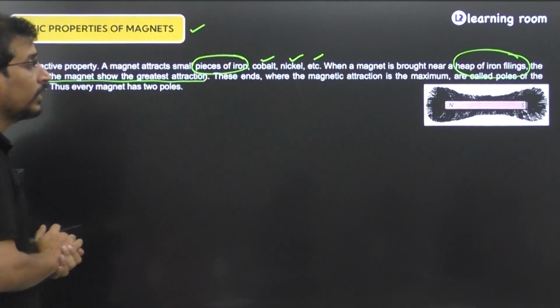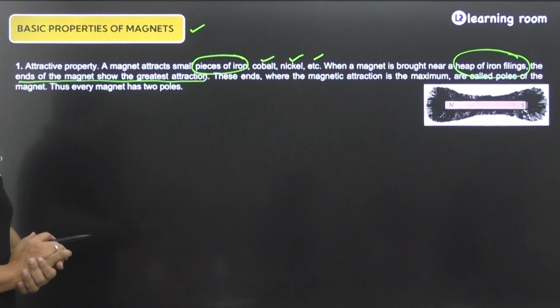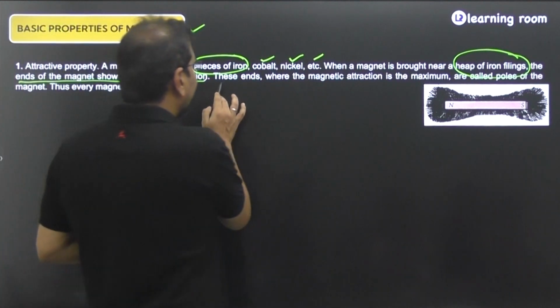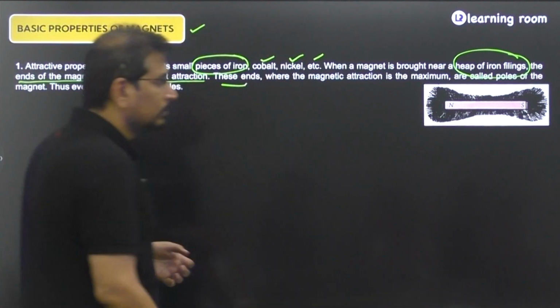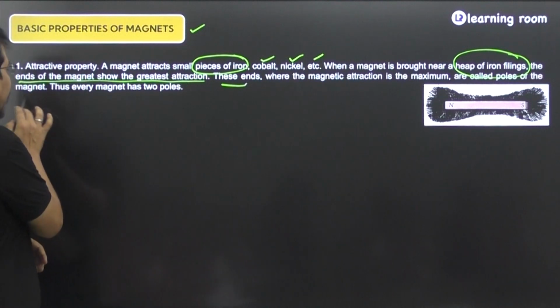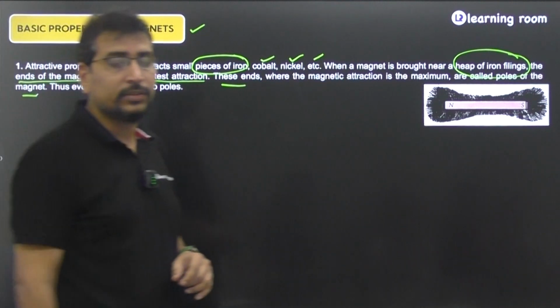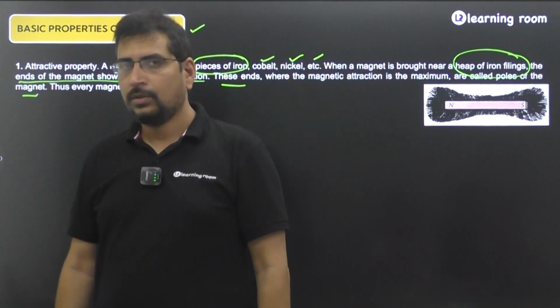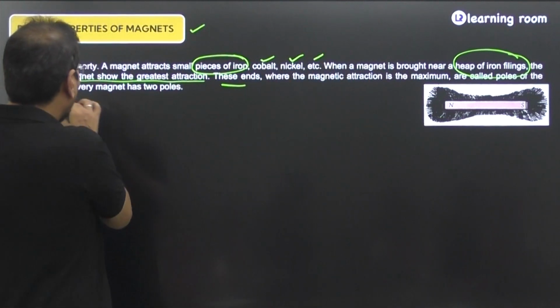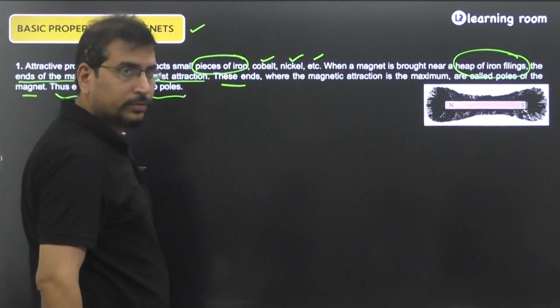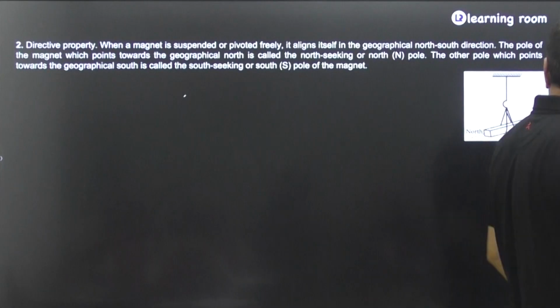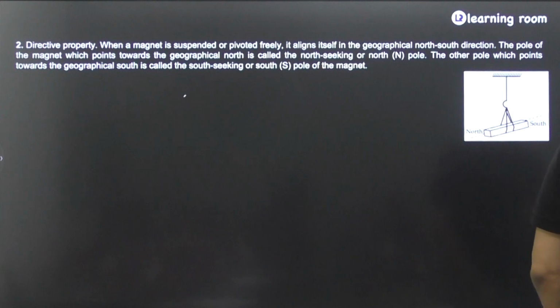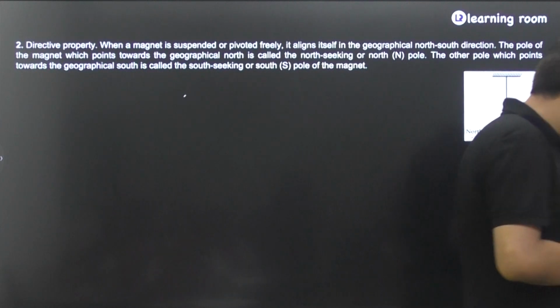This is what we call the attractive property, right? So these ends where the magnetic attraction is maximum are called the poles of the magnet. And an important point to be noted is every magnet will always have two poles. Okay, every magnet will have two poles. Am I clear with this? Right? So this is another important thing which is called the